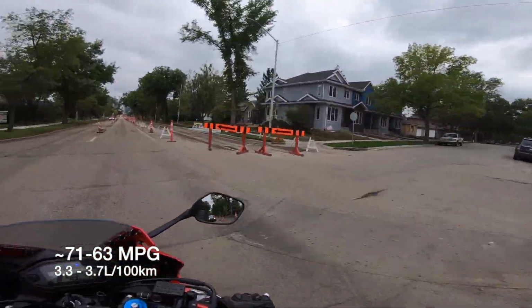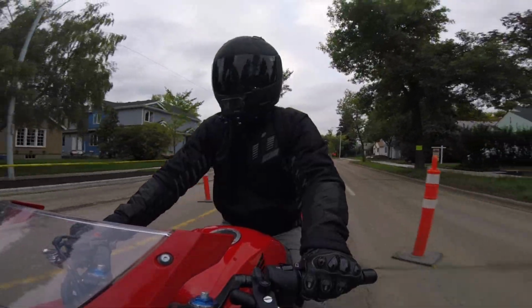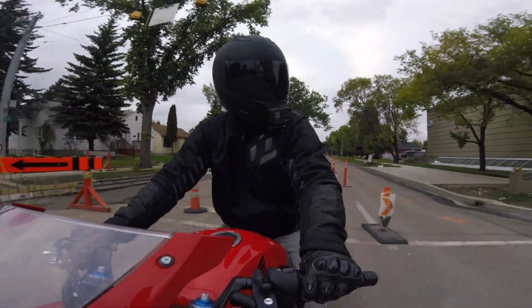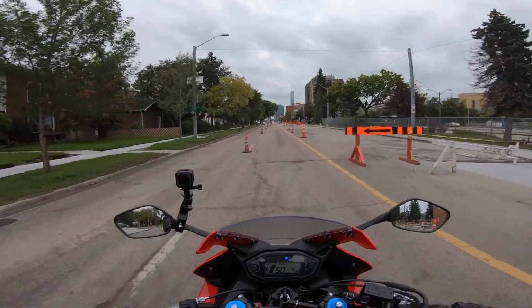So I was super stoked about that because my commute is only about 15 kilometers, which is about 9 miles or so. But it really adds up over the summer months, saving that, not having to pay so much on gas. So fuel economy was a big thing, and this is really paired together with the fact that it has a